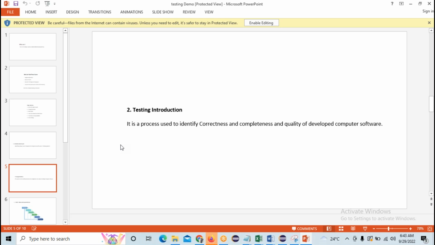Can anyone give the complete definition of testing now in your own words? No one understands what is meant by testing. I hope everyone understands what is meant by testing.